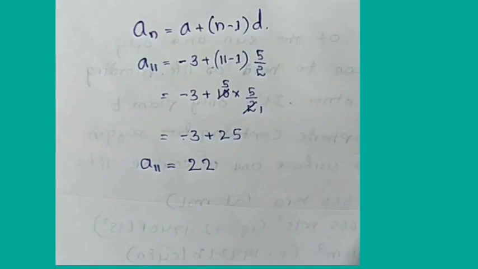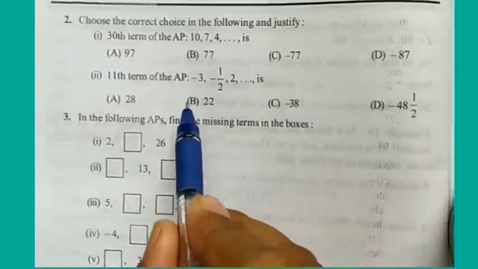Now check the answer. See here, our answer is 22. B is our answer. You don't mark in the textbook. You should do all these problems in your fair book neatly. Whenever you are not getting the answer or you have doubts, just keep them, and whenever you come to school, we will discuss those. Whatever I solve in the video and whatever I give as practice, do it at home. If you have a doubt, after you come to school we will discuss. Now moving to the next problem, that is the third problem.